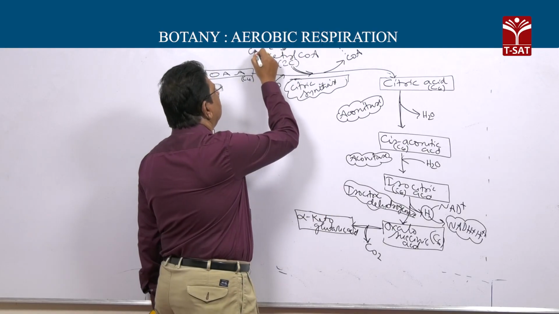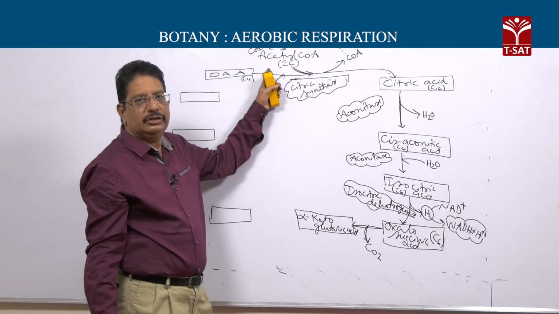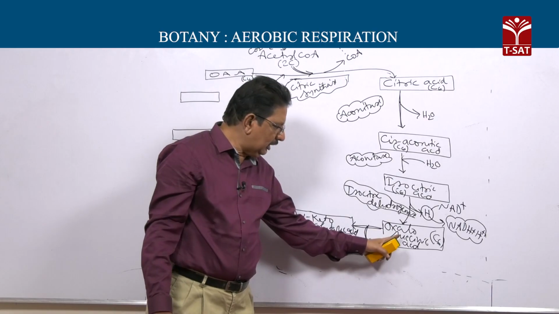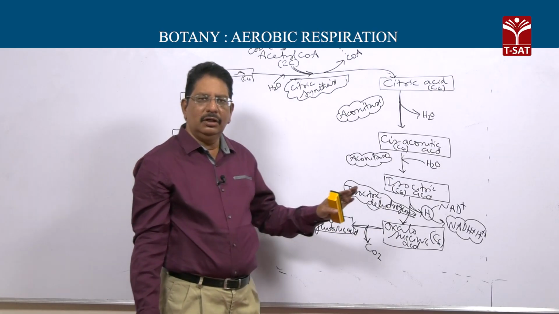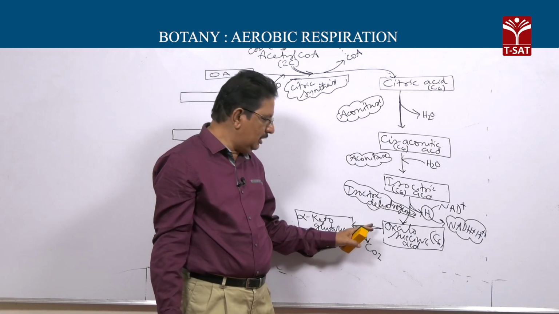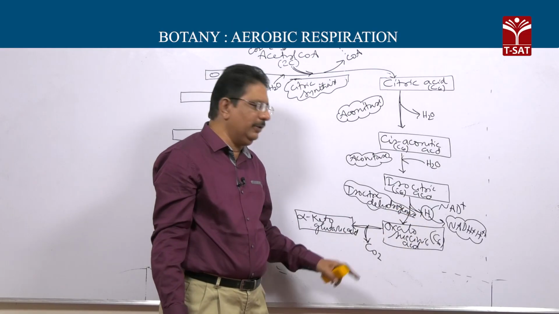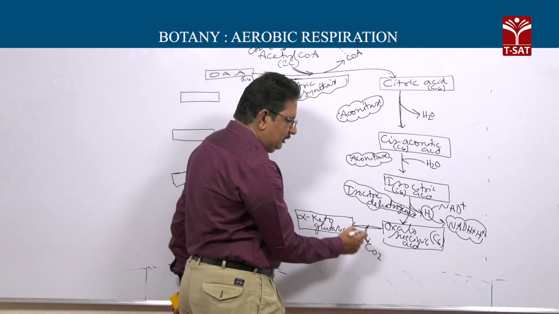First time was during the conversion of pyruvic acid to acetyl coenzyme A in the link reaction, and the second time during the conversion of oxalosuccinic acid into alpha-ketoglutaric acid. So what is it chemically? Decarboxylation. So dehydrogenation followed by decarboxylation, and this is catalyzed by